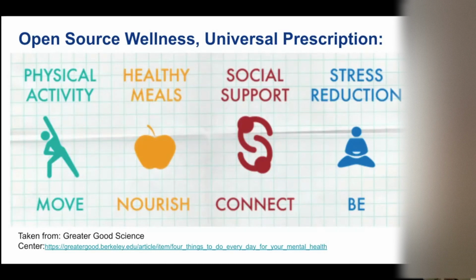There are many different models of wellness and well-being, but this was the basics to help all of us. The idea is that every day we move, we nourish, we connect, and then we just be. And that's to tie us into the first session that we had where Danny talked about stress. One of the things to think about is, what are you doing for yourself and your children in all 4 of these areas?